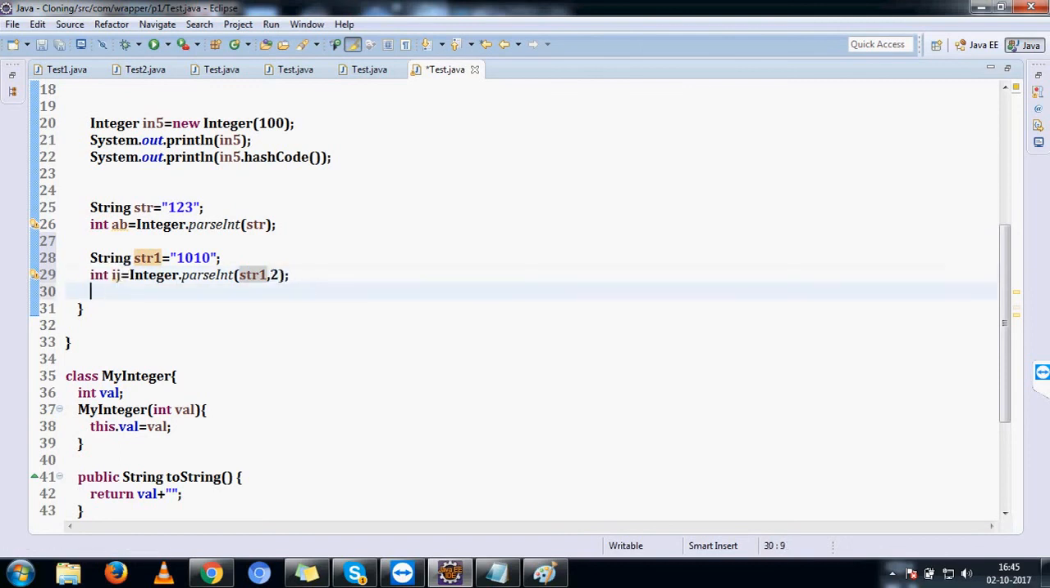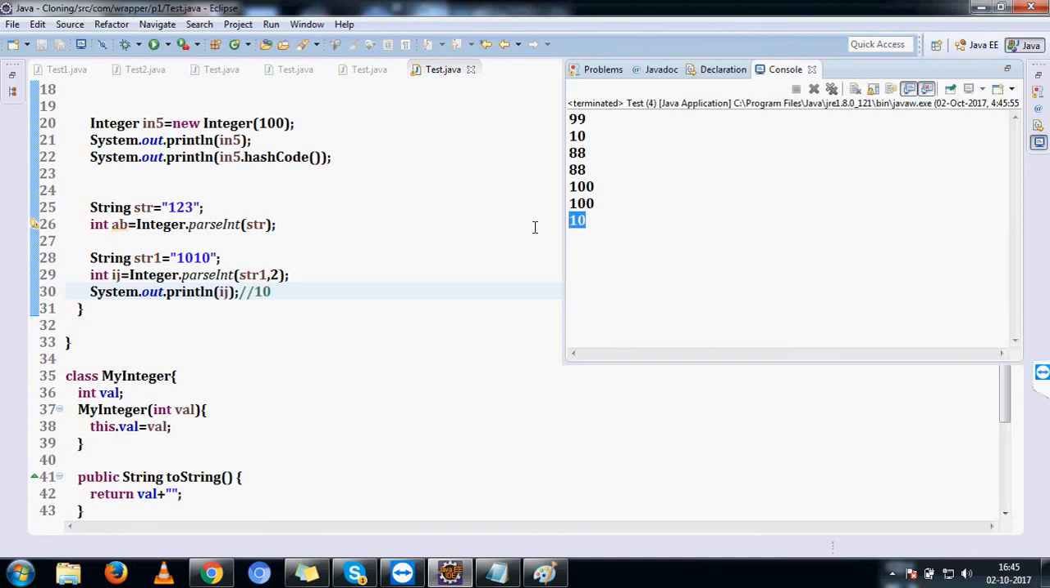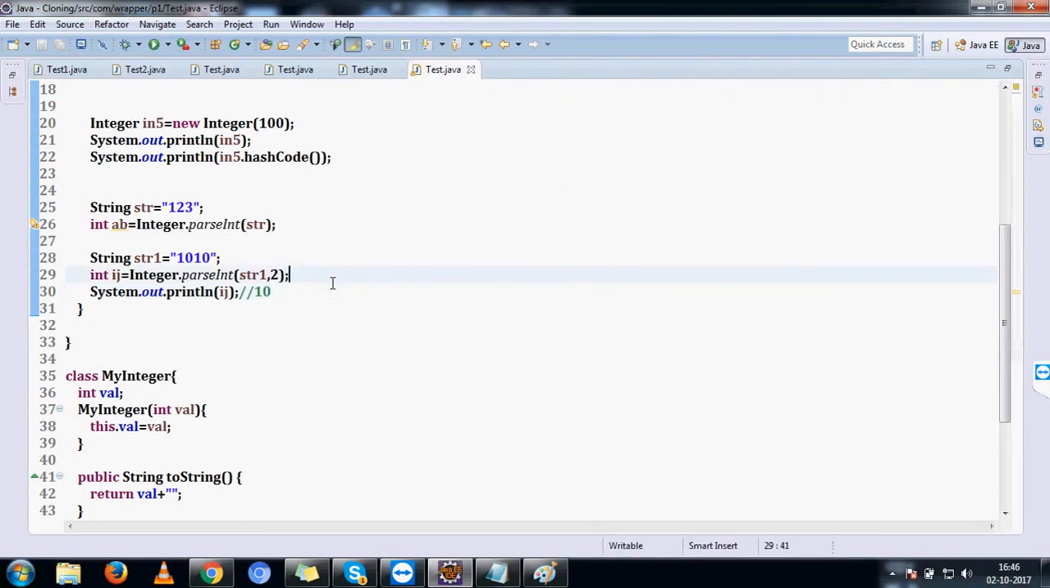Now if I print here i and j, this will print here, the output is 10. 10 is in decimal format. Run it. It is 10. Means the wrapper classes are having